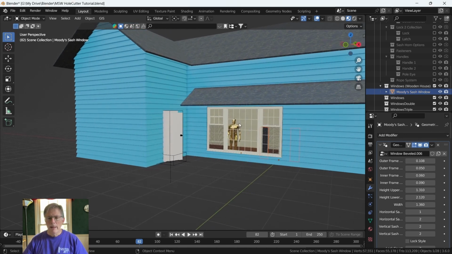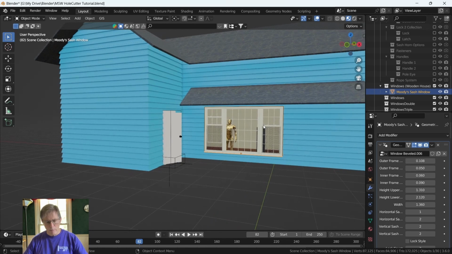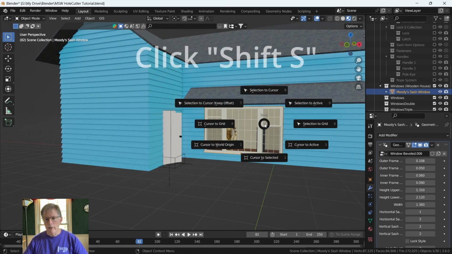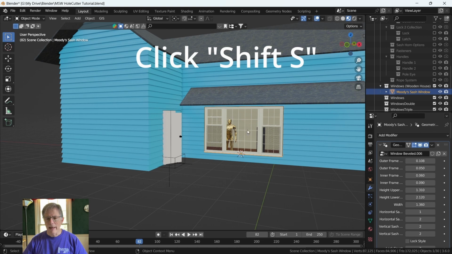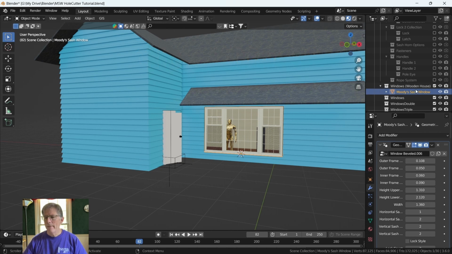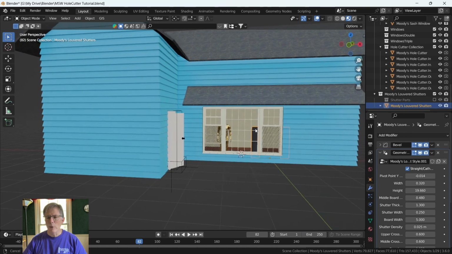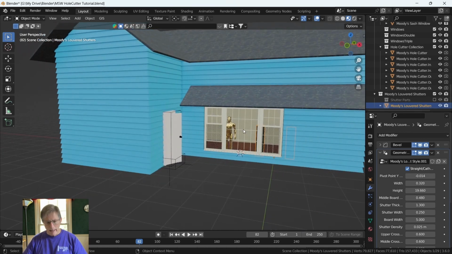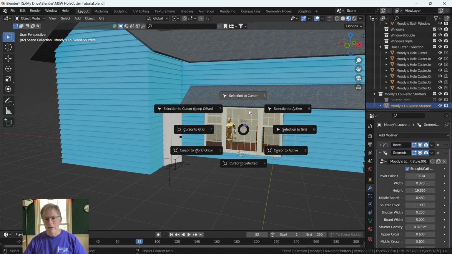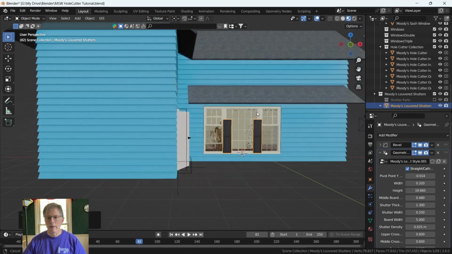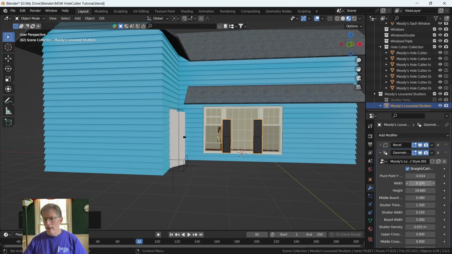Okay, so to make these work, I'm gonna move the cursor to the selected, which is the Moody Sash window. Then I'm going to, here, let me uncheck the shutter parts here. Then I'm going to select the Moody's louvered shutters and I go Shift S, selection to cursor. And that centers them. And I change the width